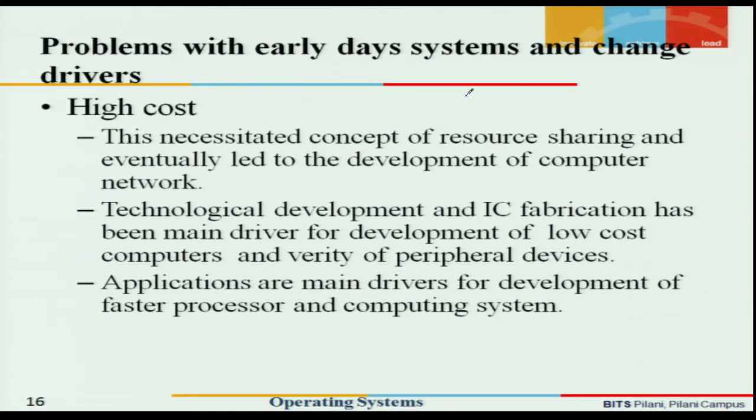One of the main concerns of these systems was a very high cost. These machines, these mainframes, were hugely expensive machines. I remember Bill Gates having said that probably there would be a time when the world would need 8 to 10 computers. So, this was the prediction which Bill Gates gave, and this was primarily because of the fact that these machines were hugely expensive machines.